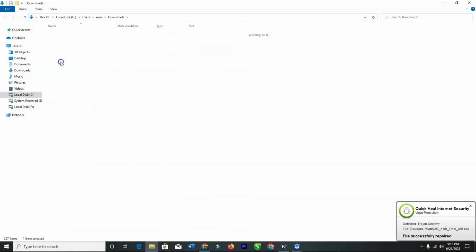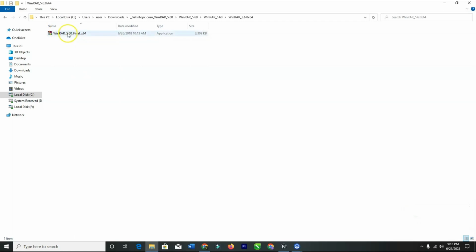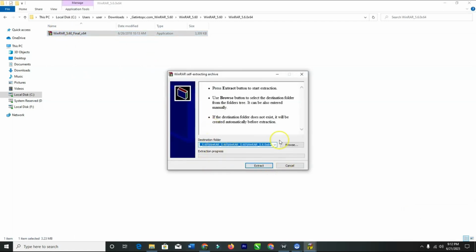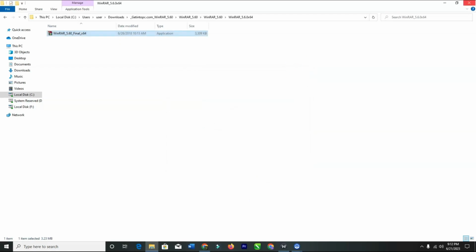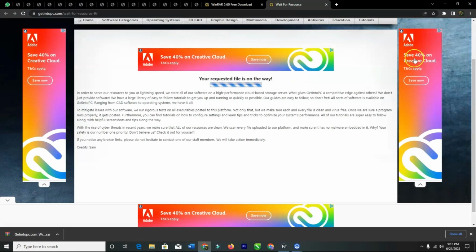So once you click on it, then open the folders, whichever kind of Windows you are using, maybe 64-bit or 32-bit. So you click on it, then you open this file too and install. You see, you can extract and install, but in my own case I don't need to do that. So you just follow the command prompt and you will see how it is done. Okay, now once it is installed, now we need to